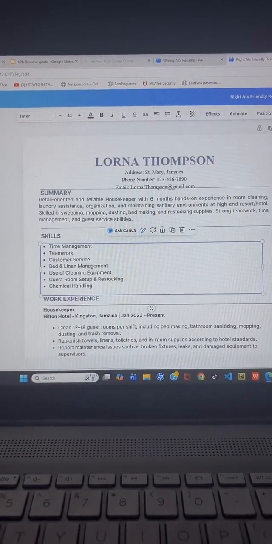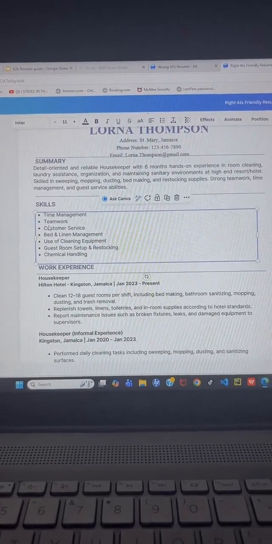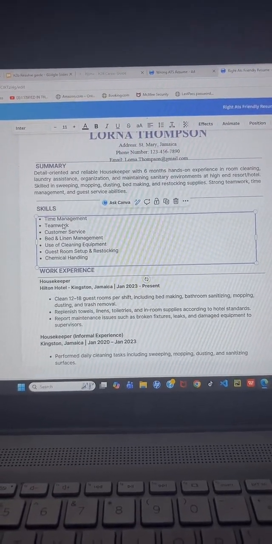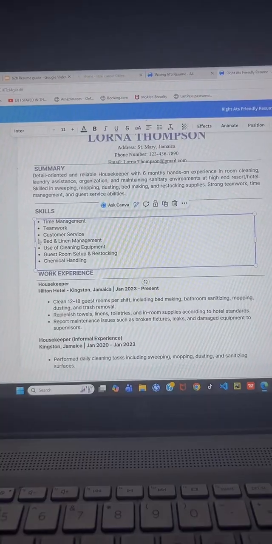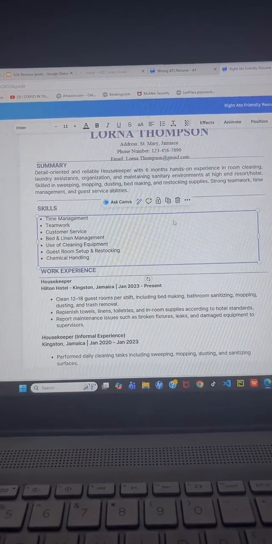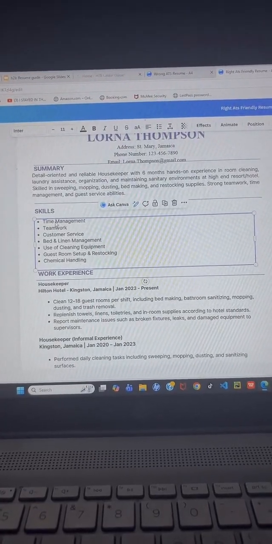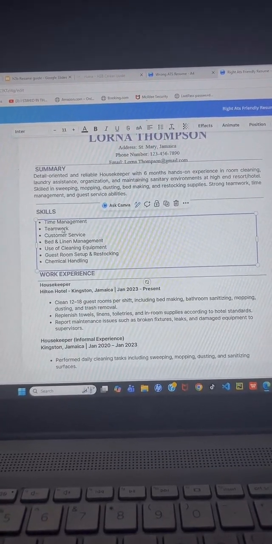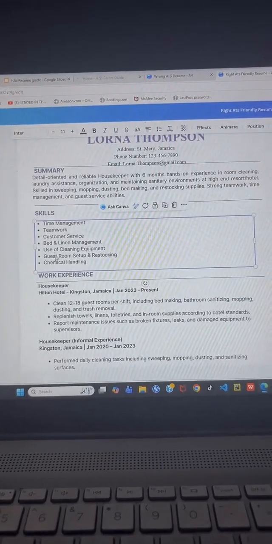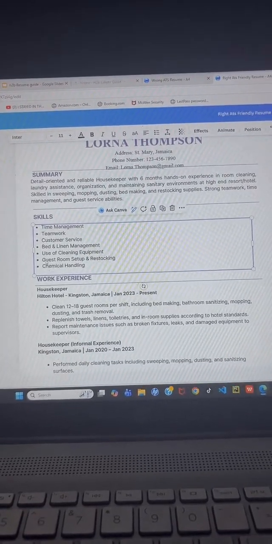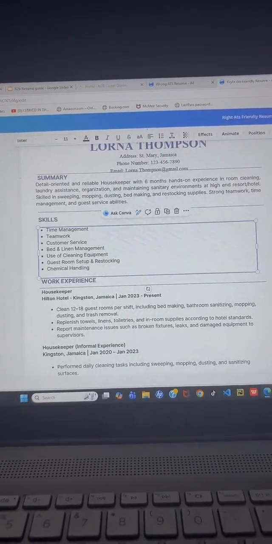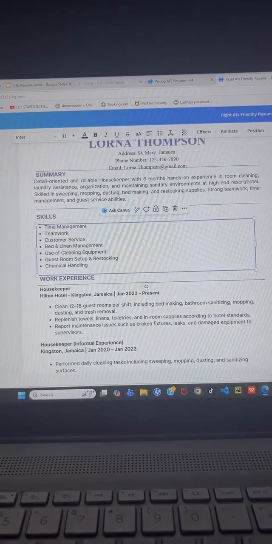However, don't copy the same thing, just use 6 skills. Ensure that they are in bullets, ensure that they are not sentences. Bear in mind that this is only one or two words for each skill, so don't use sentences for your skills section.